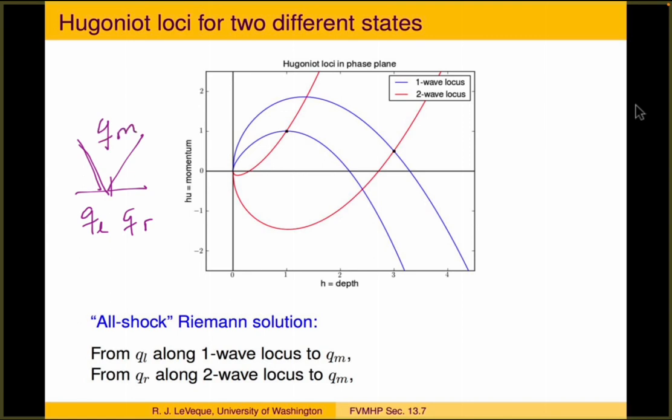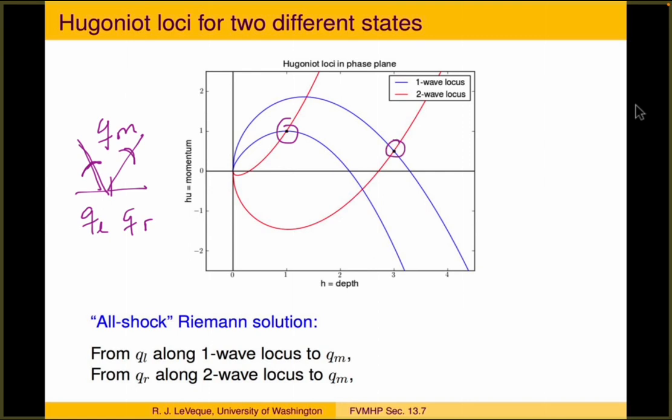And in the linear case, what we saw was that QM minus QL, the jump across this wave, has to be an eigenvector proportional to R1, and the jump QR minus QM has to be an eigenvector proportional to R2. In the nonlinear case, the same sort of thing is true, except that now we need QM and QL to lie on the same one-wave locus, and we need QM and QR to lie on the same two-wave locus. So if I choose points QL and QR in the plane,